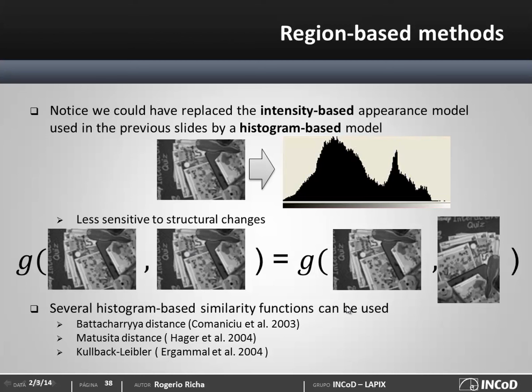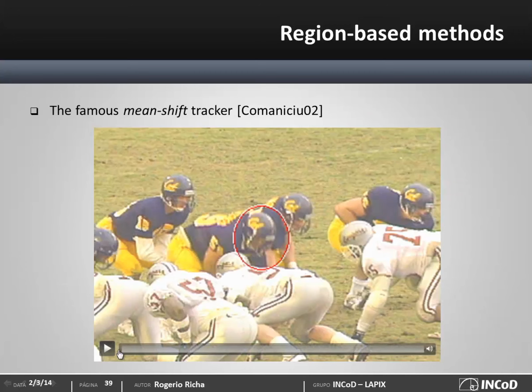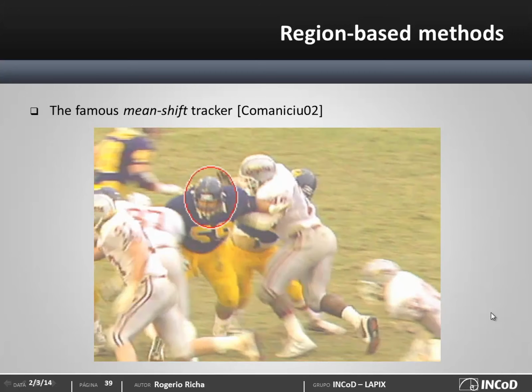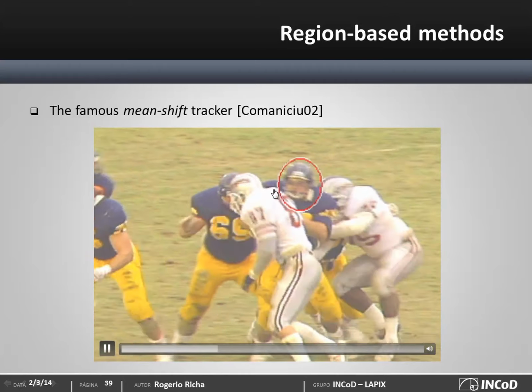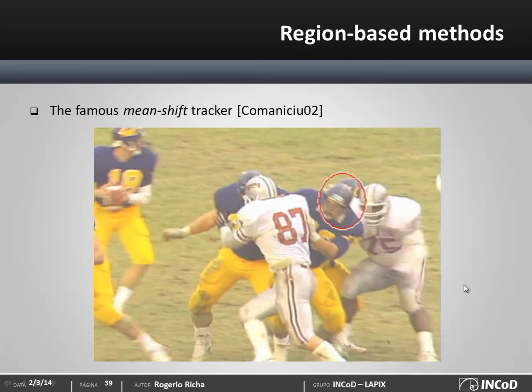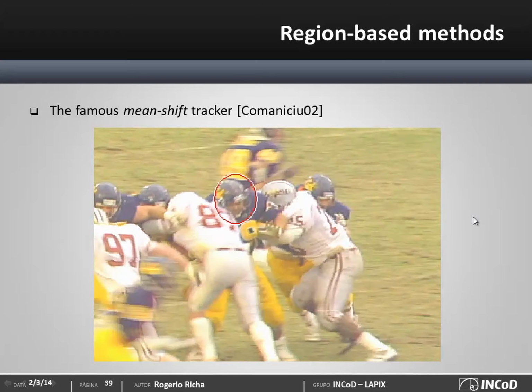But I could use a similar similarity function, such as the Bhattacharya distance, or the Matsushita distance, which is equivalent to the SSD, and I would be able to track using the same gradient descent framework. So for instance, here I'm tracking using the famous mean shift tracker,